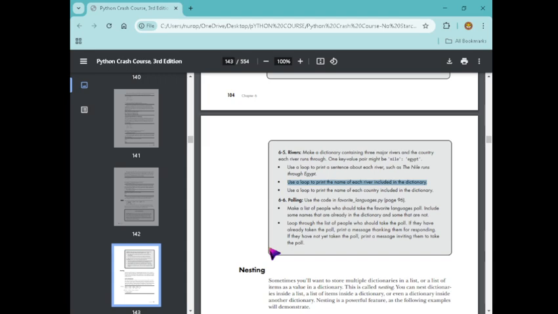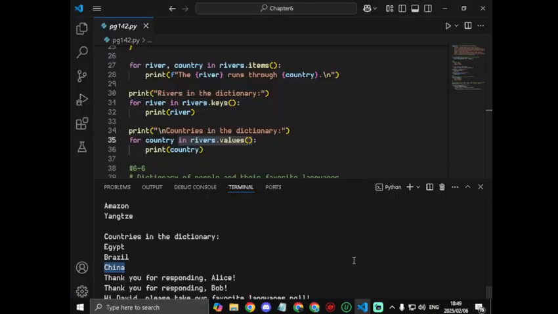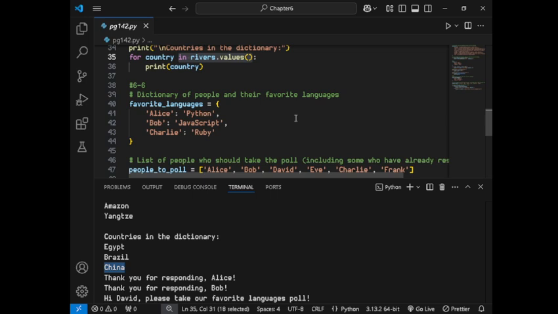Okay. Next we have 6.6. Polling. Use the code in favorite languages in a couple pages back. And we're going to make a list of people who should take the favorite languages poll. Include some names that are already in the dictionary and some that are not. Okay. I may or may not have skipped over that part. But anyways,